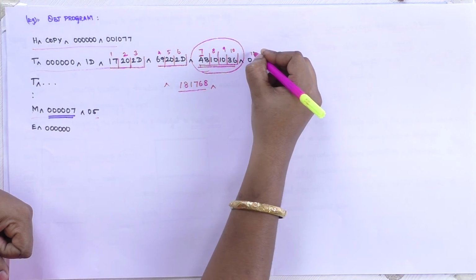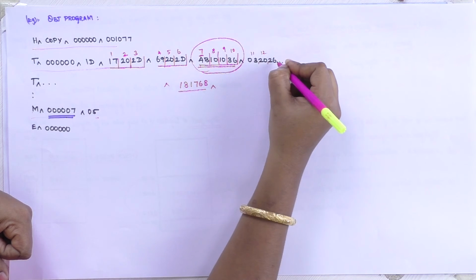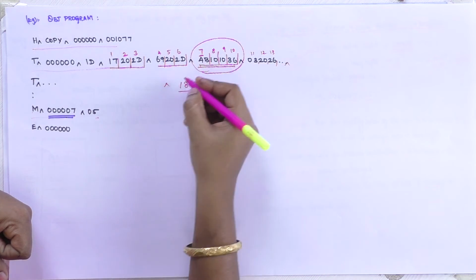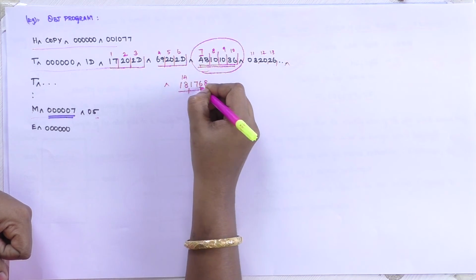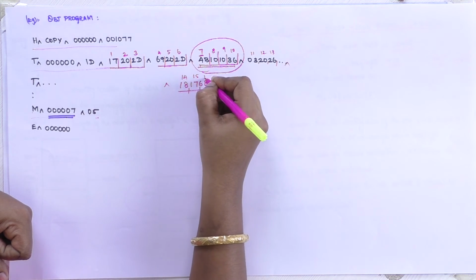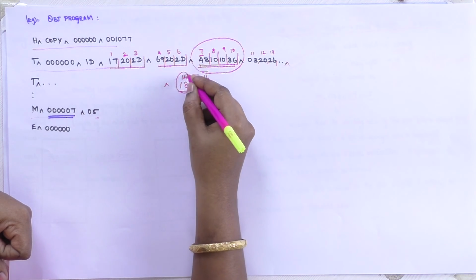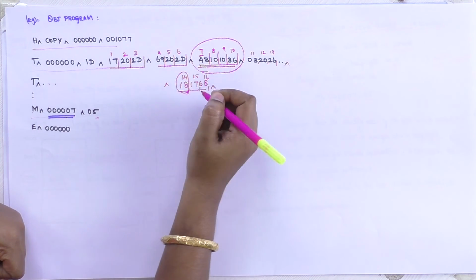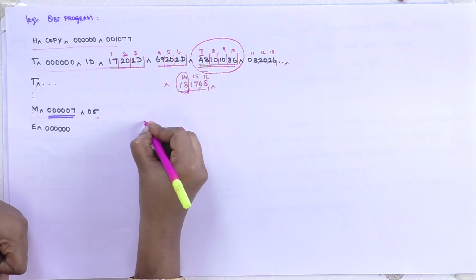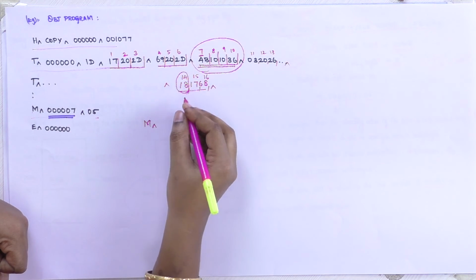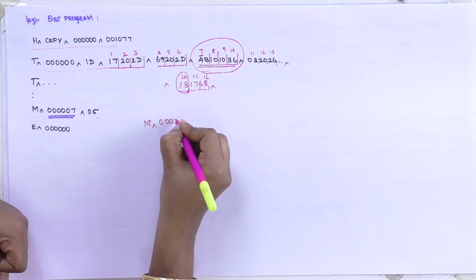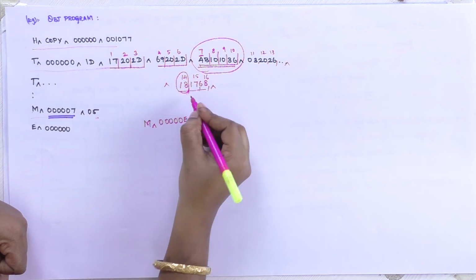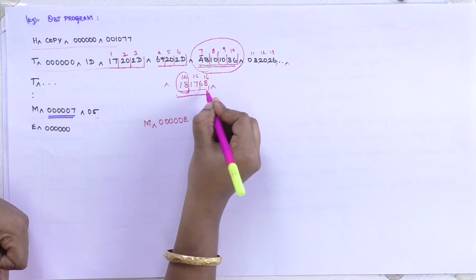This becomes 11, 12, 13 and this becomes 14, 15, 16. So 14. How to write 14 in hexadecimal? It is E. So M, the starting address is 00000E. Then how many